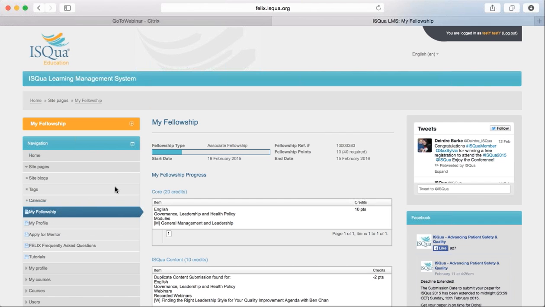How is my profile settings under administration different from my profile immediately under my fellowship? Okay, it's different. We'll just demonstrate it now. So if I just drop this for a moment, if we click on my home,